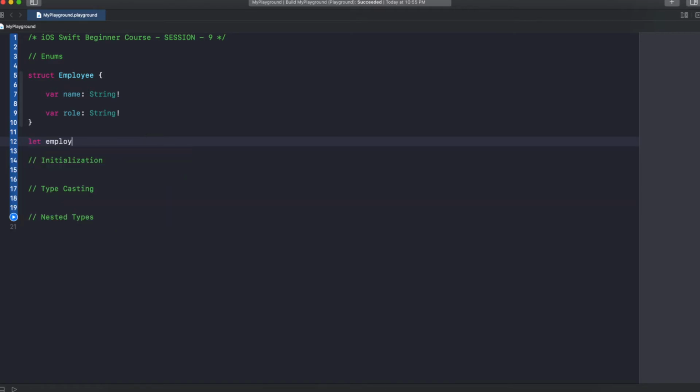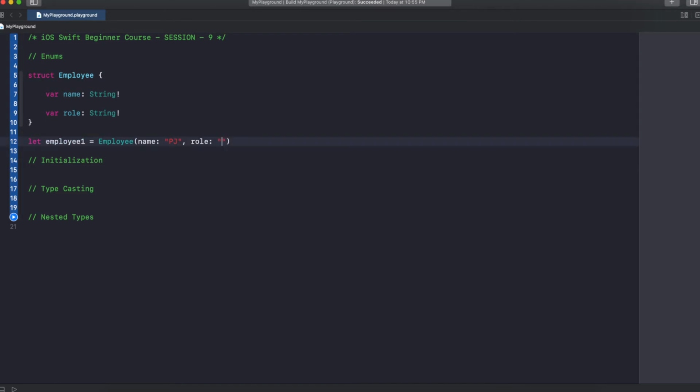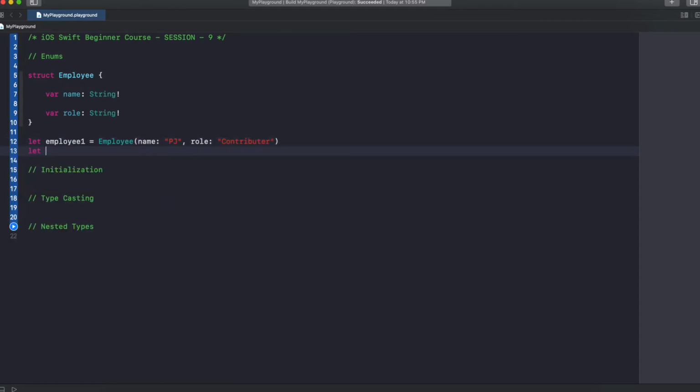Let employee1 equal Employee with name pj and role contributor. And let's say the second employee, employee2, equal Employee with name pj1. The role is admin.